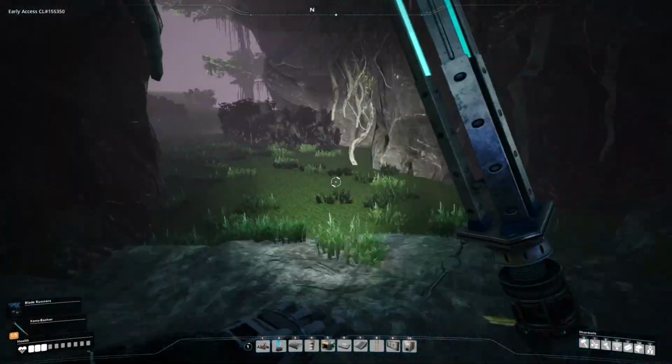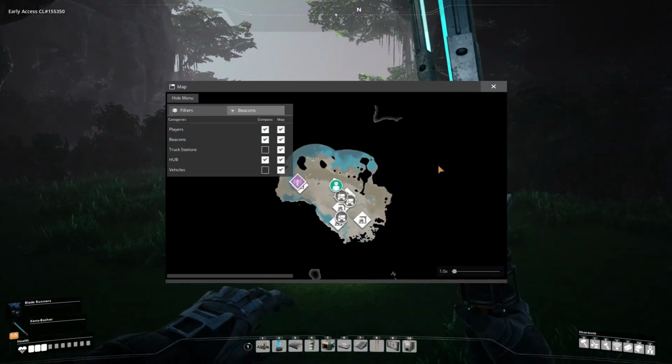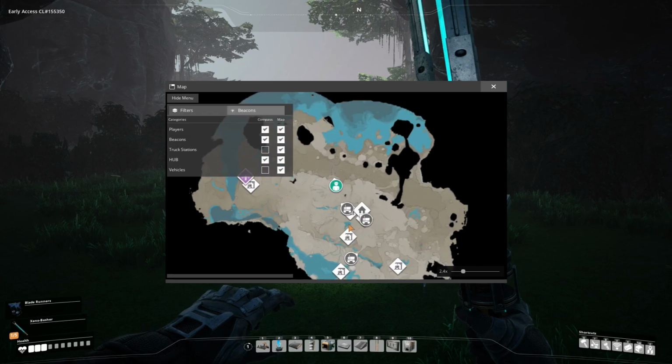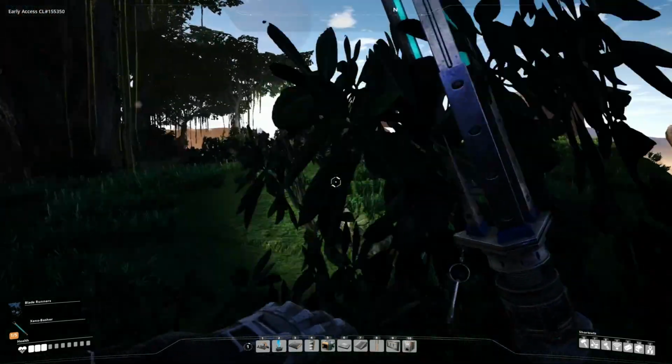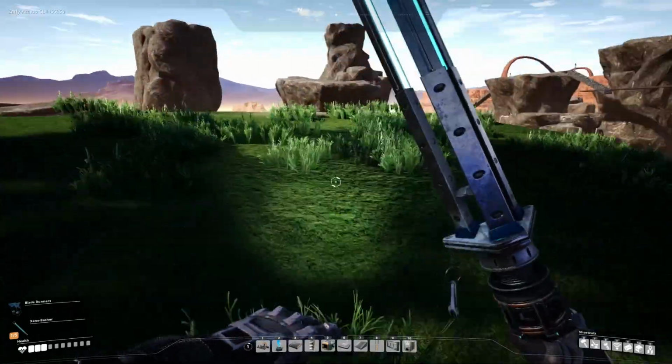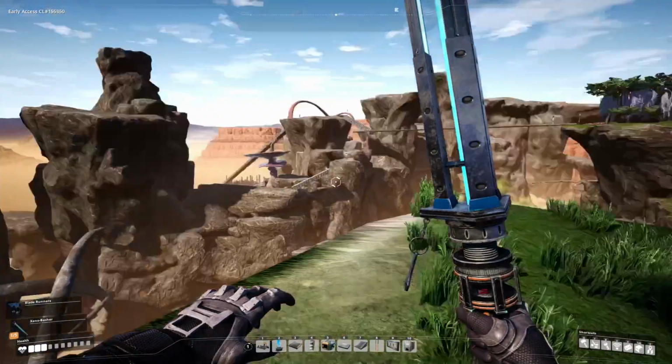What else is through here? Oh, we've been on this side. This is going to be near a quartz thing, I think. But I think with all that done, I'm going to go around, collect some power shards, and